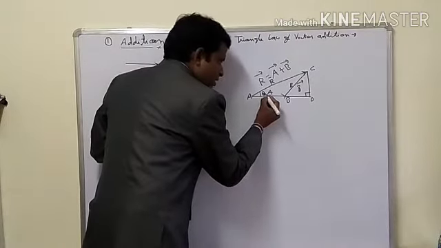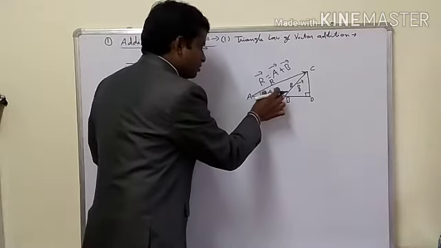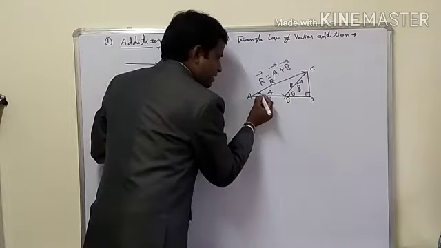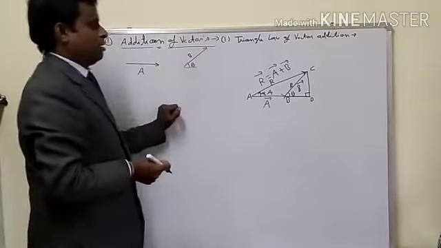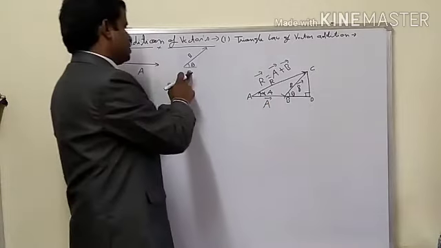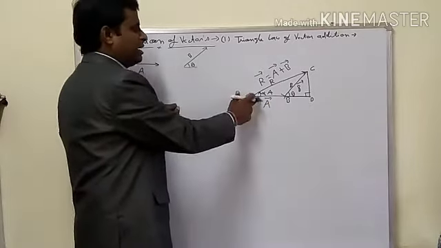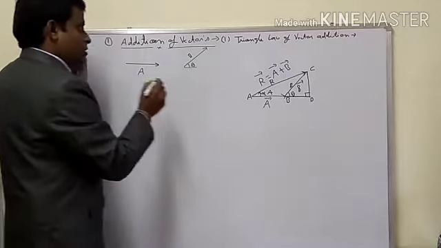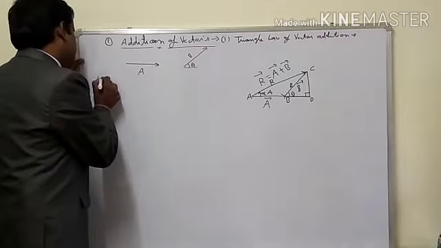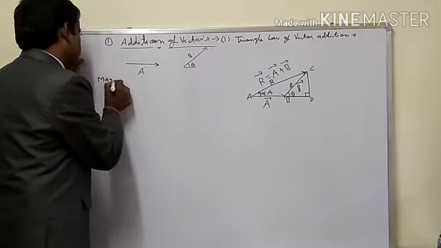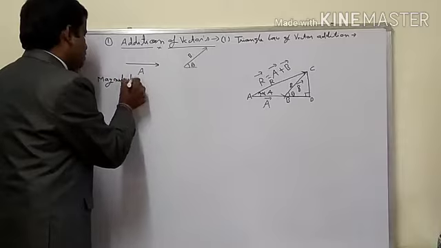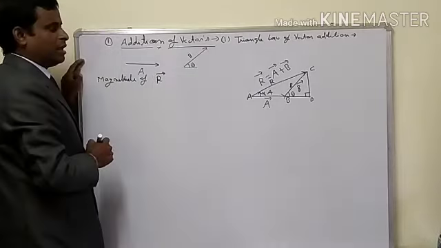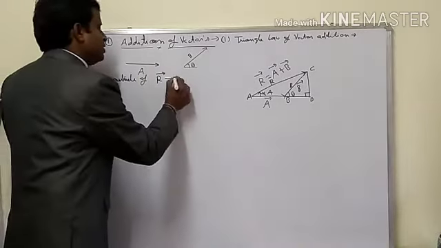This was theta. Now we are taking this as alpha. Theta was the direction between two vectors, and I am taking alpha as the direction of the resultant vector. Now I am going to find the magnitude of the resultant vector, that means R vector. For finding the magnitude,